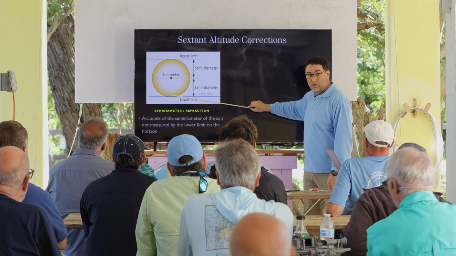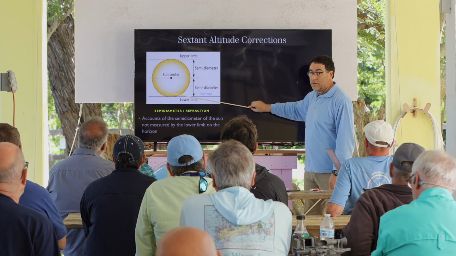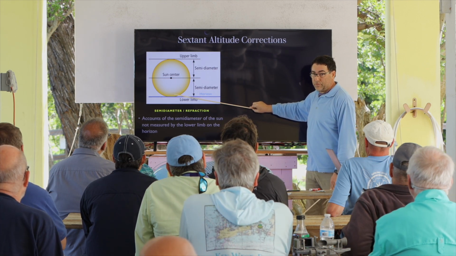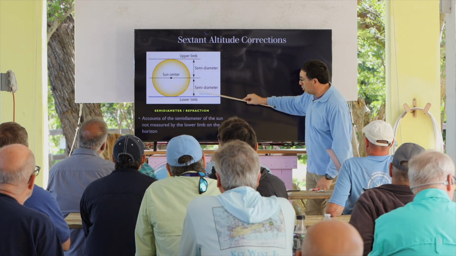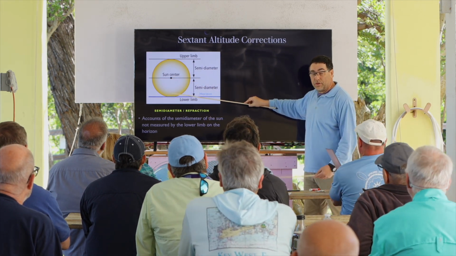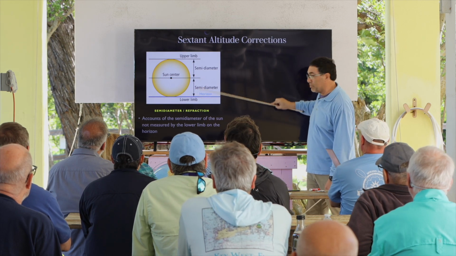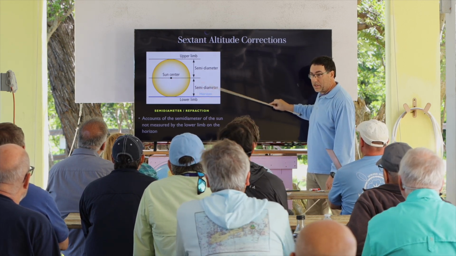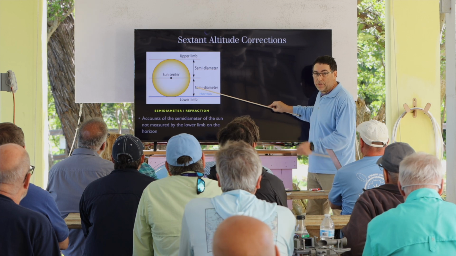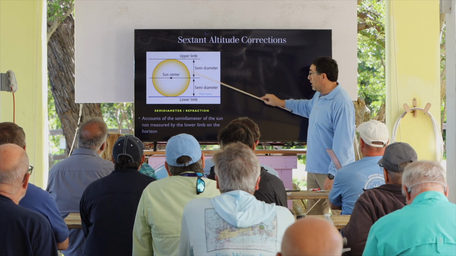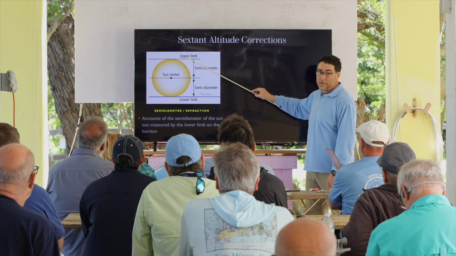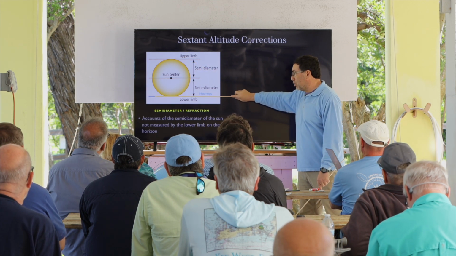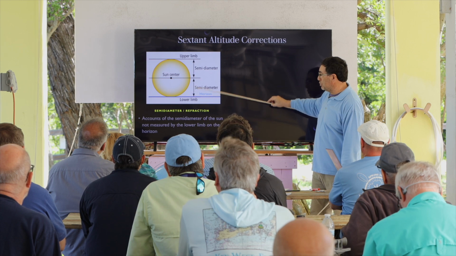So if you use your lower limb, you're actually measuring a lower angle, because if you put it down, you are not considering this part. So when we consider the altitude, we need to consider this little part. And this part, the semi-diameter number, is in the nautical almanac. I will show you in a couple of minutes. If you use the upper limb, you pass it, so you have to subtract this. Most people use the lower limb, so for us, what you have to do is add this part,